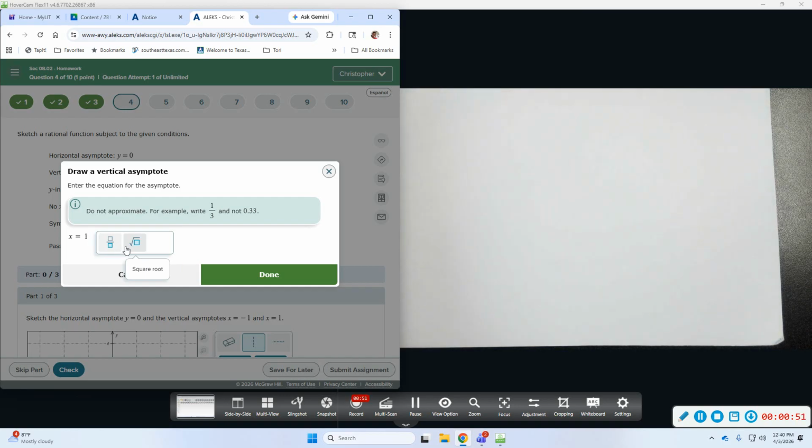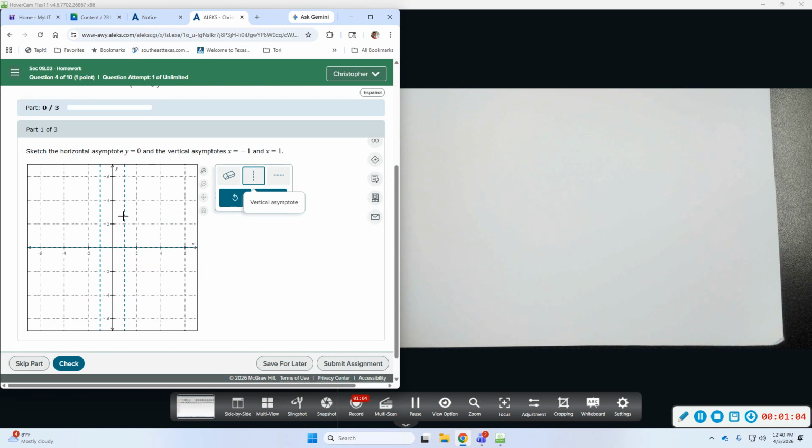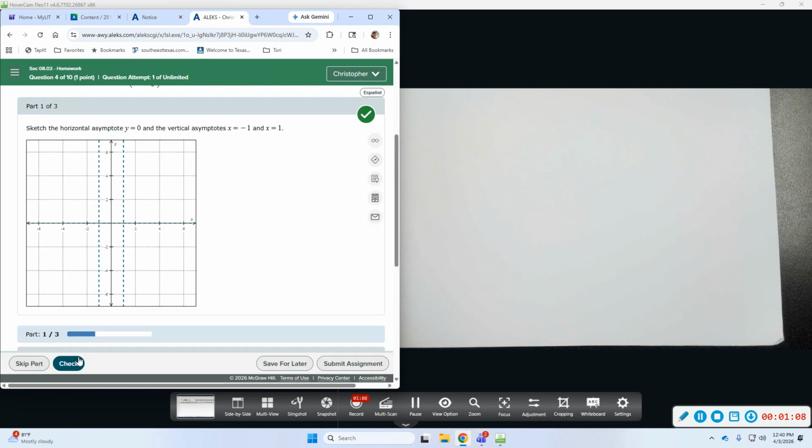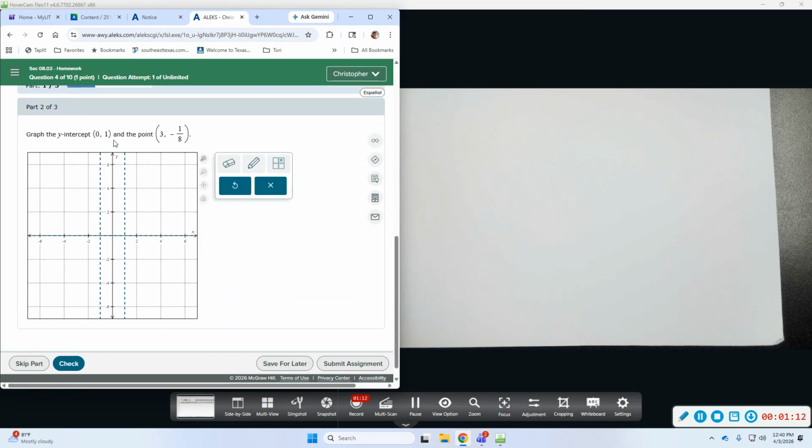x equals 1. And then how do I add another one? Maybe I just got to do it one at a time. Negative 1. Okay, so that gives us the two asymptotes. And then we're going to graph the point